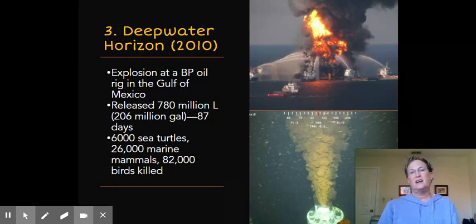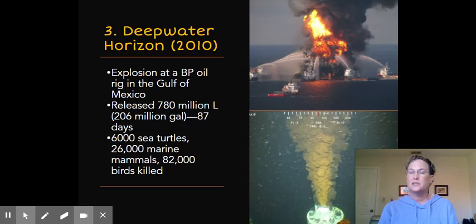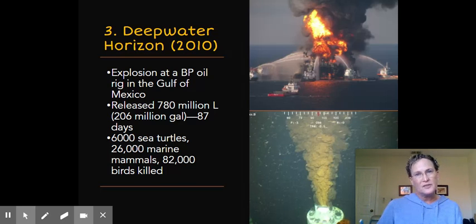And then we have the horrible one. Exxon Valdez was the worst oil spill for the longest time. And then we got a worse one. And unfortunately, there's going to probably be another worse one than this one, just because we're still using oil. And the fact that we're using up oil, it's making it harder and harder to get the stuff that's left.